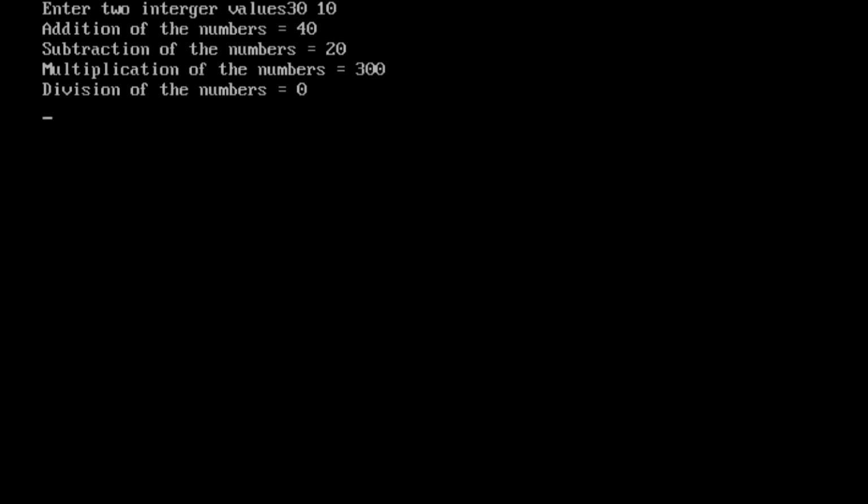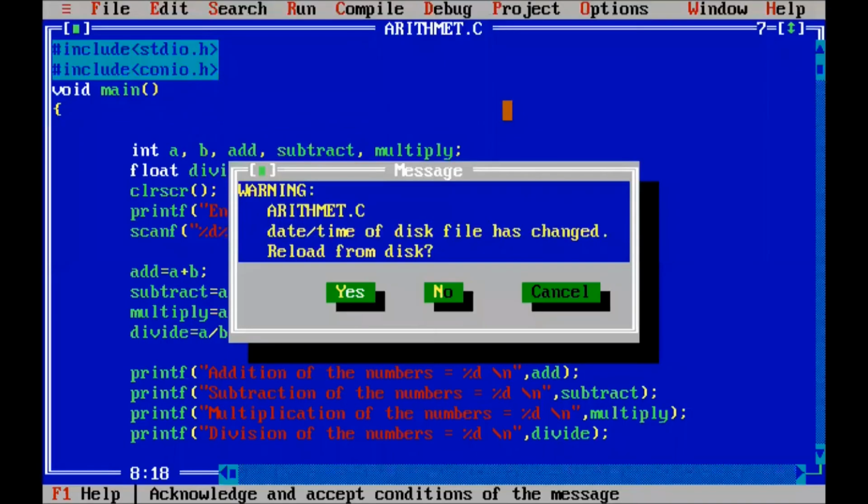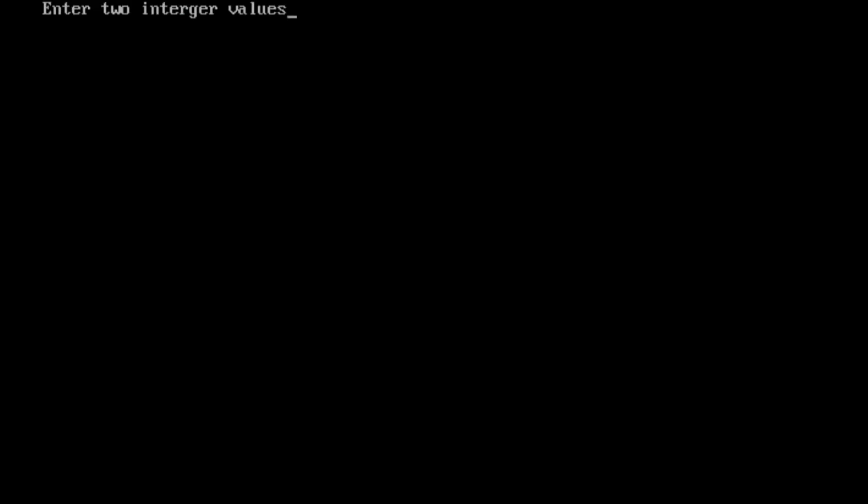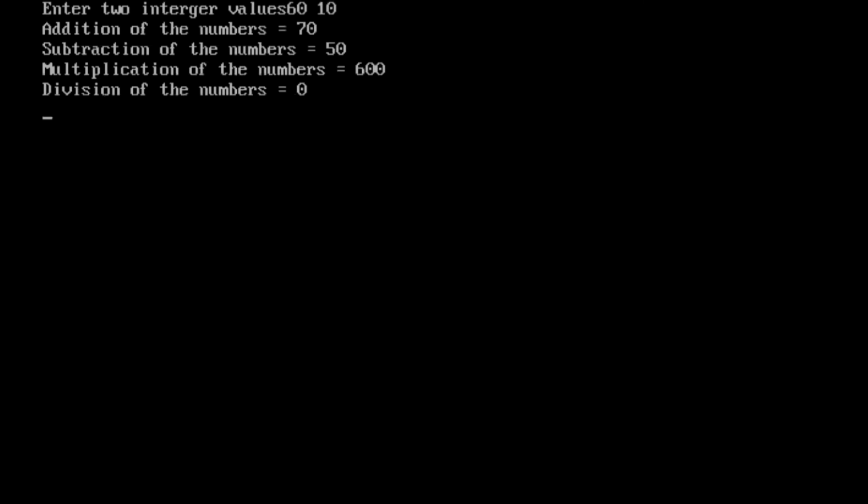Division of the numbers 30 divided by 10 equal to, it must be 3, but here is some problem in division. The division value is 0. One more time we run, with 60 and 10. A divided by 10. Here is some problem in division.